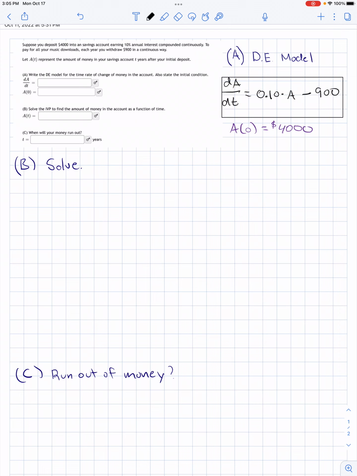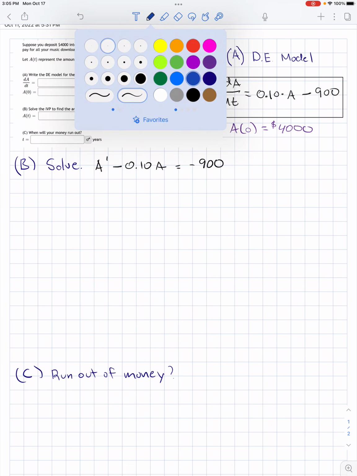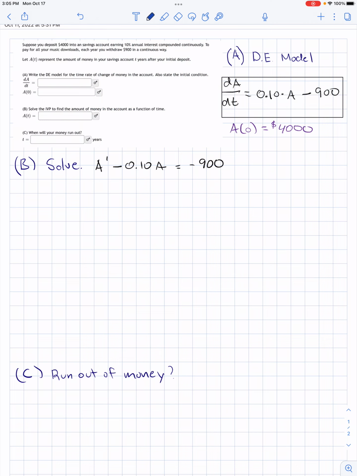The way I'm going to do it is integrating factors, and I'm going to change dA/dt into A prime, just because it's easier for me to look at that way. And I'm also going to move the 0.10A to the left side as well and set that equal to negative 900. In this form, it makes it easier for me to see that I have a first order linear equation, and I can use integrating factors